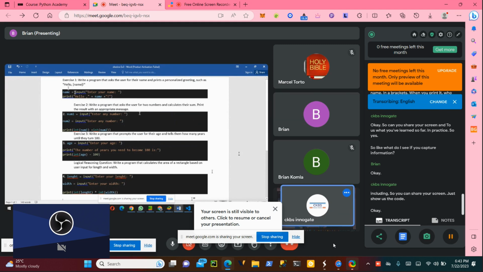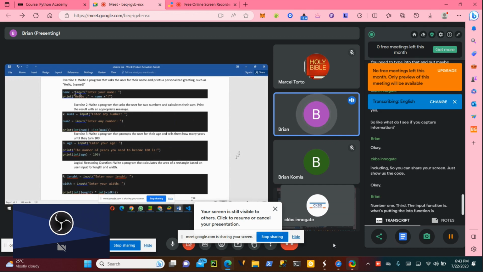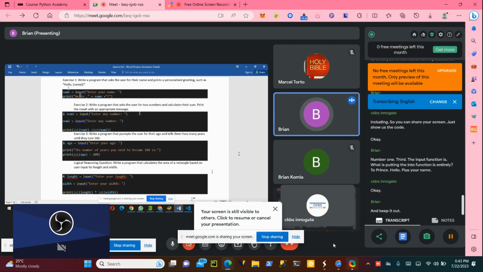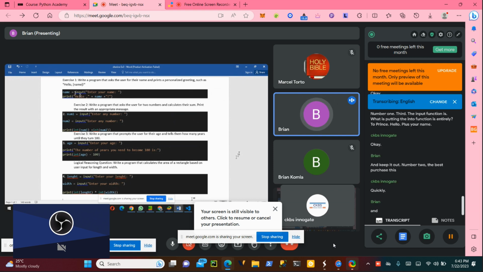Number one, the input function is put in and it says enter your name. Then print hello plus your name and give you the output. And number two, the first option says enter any number.